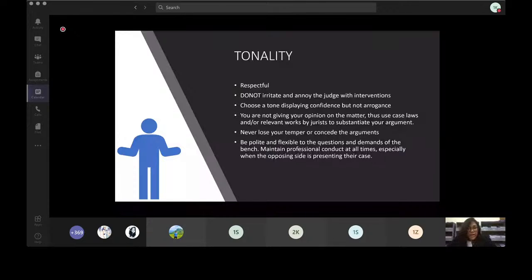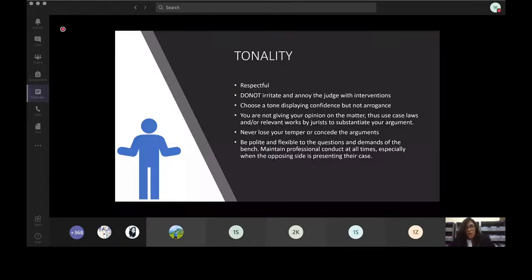You're presenting a case. Hence, you always use case laws and relevant works by jurists to substantiate your arguments. Never lose your temper or concede the arguments that you're making, especially when they're asking questions. Be polite and flexible to the demands of the bench, especially. And please maintain a professional conduct when the opposing side is presenting their case, which means that there cannot be